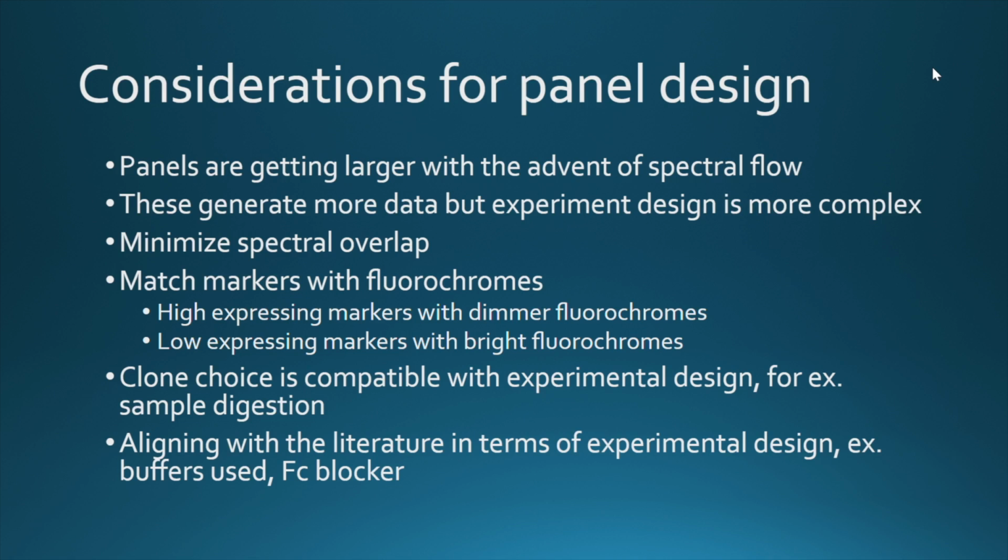And inversely, you also want to put highly expressed markers with dimmer fluorochromes in order to not oversaturate the signal that you're detecting. Clone choice is important, it can make or break your panel. Antibody clones need to be compatible with digestion and fixation and whatever protocols you're doing when you do the staining. And again, I'll go through that when I share the screen about the panel design itself through the tool, because